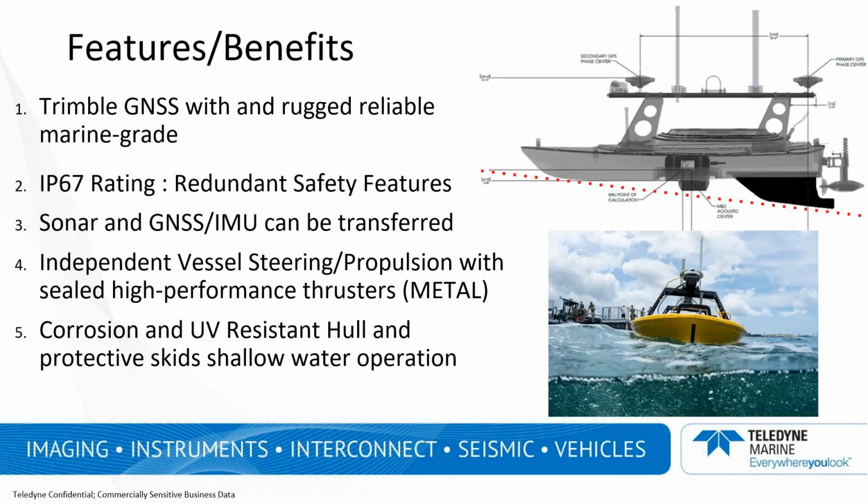Some of the features here, again, we, as well as Trimble, make marine grade stuff, right? So all the hardware has been tested. Our engineering teams will actually go out there and test. We certify the boat to IP67, which means that basically, if you have an IP67 rating on your hardware, it